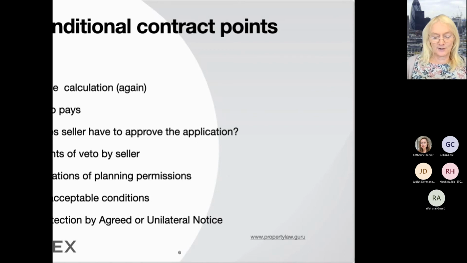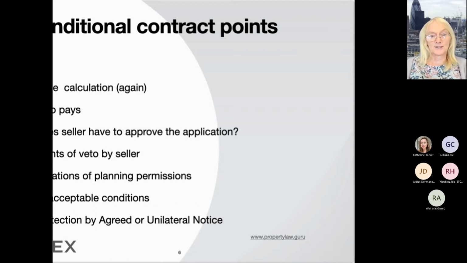And is it going to be triggered by full planning permission, or is it approval of reserved matters, or things of that nature? But again, the same arguments, very important arguments about definitions of onerous conditions. And for any consultants who are going to produce calculations, figures, or drawings, the seller will want to get some sort of duty of care or joint appointment or something of that nature, so that they can then sue or complain against them if the figures turn out to be completely wrong and they've lost the opportunity to sell the land.